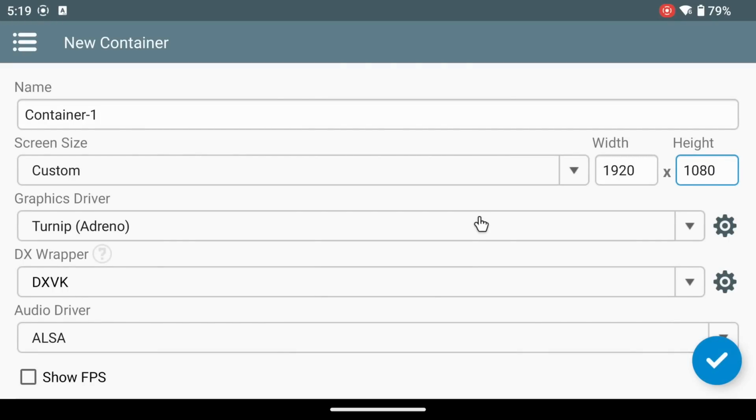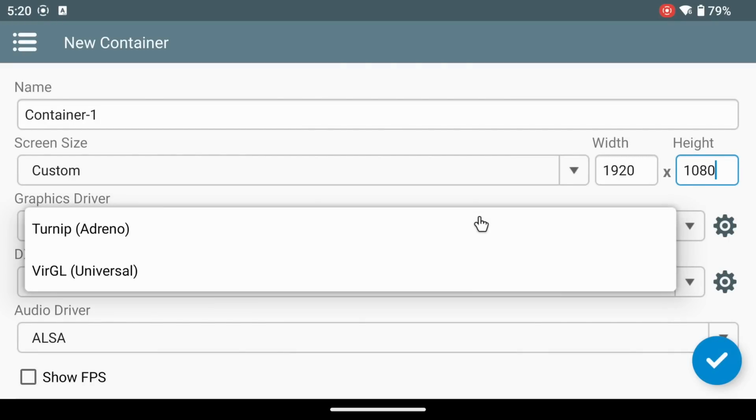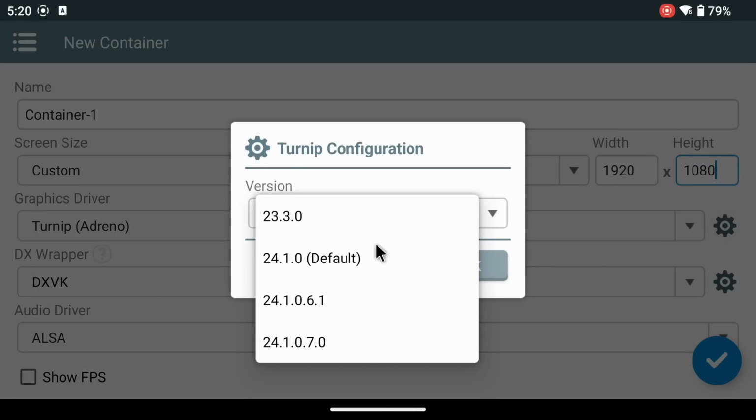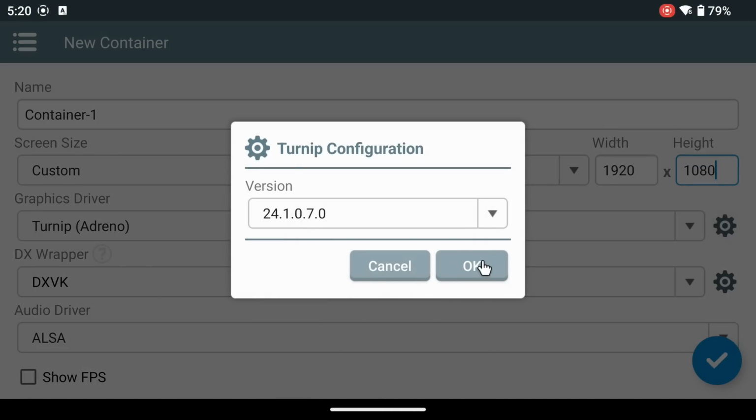The graphic driver setting lets you select a graphic driver. Turnip is the default driver for Snapdragon devices and it is also the best one. Turnip does not support devices with Mali GPUs, so they are stuck using VirGL, which performs worse, unfortunately. You can also select a version of Turnip. Each version can behave differently. Depending on the games you're running, some may exhibit bugs like graphic glitches, crashes, freezes, and even may perform worse